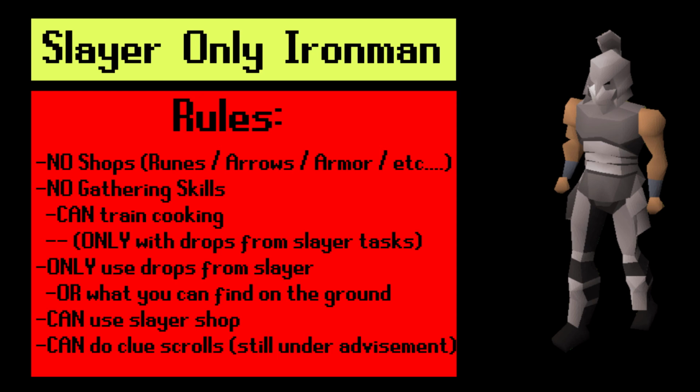Now, I'm making one exception to the no shops rule, and that is you are allowed to use the Slayer shop. But that's only because there are some items that you do need from the Slayer Master to complete tasks. And I'm thinking about it. I haven't even got one yet. I'm almost level 30. I think I'm level 29 combat, and I haven't even got one yet, but I'm at